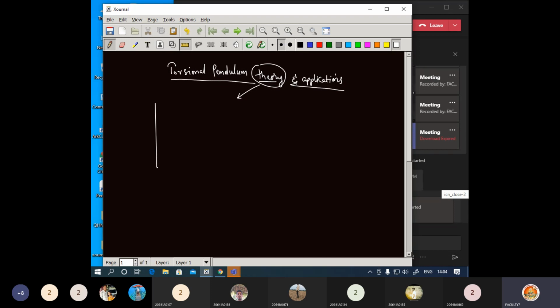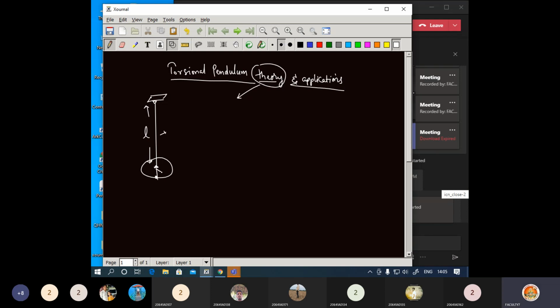This is a wire. Okay, we are going to see about this. At the bottom we are going to fix a disc here, a circular disc. Here is a knob, and again a knob at the top, and this is going to be hanged at the wall. Now L is the length of this. Thereafter we had considered some marking.